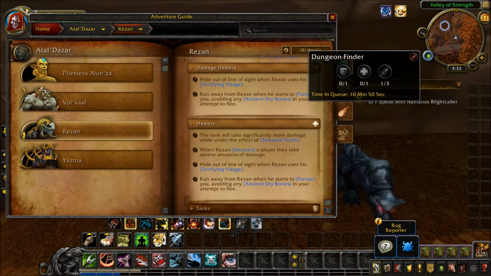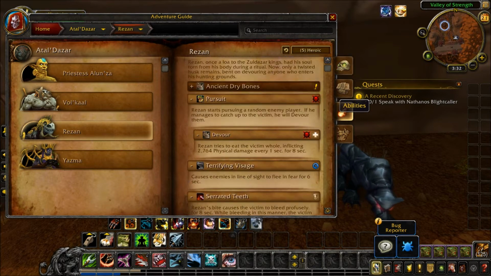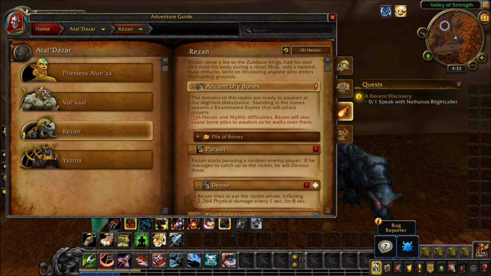So we still have 10 minutes and 2 minutes. It's going to take a while. Let's look at the abilities. So, the first one, we start off with